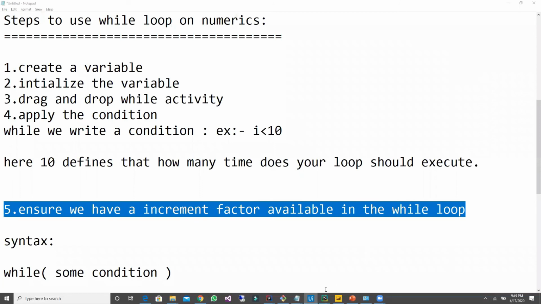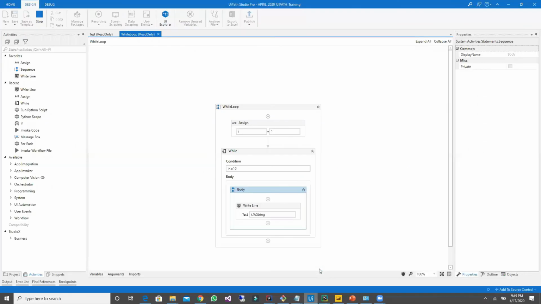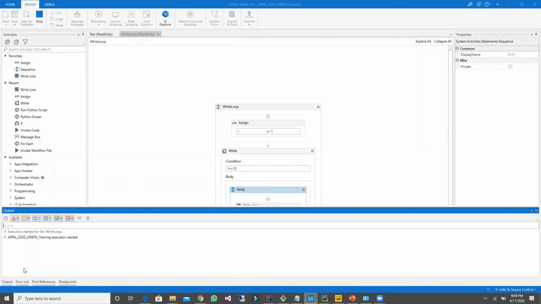If I keep running this, and I click on this output and the execution starts, this will never end.